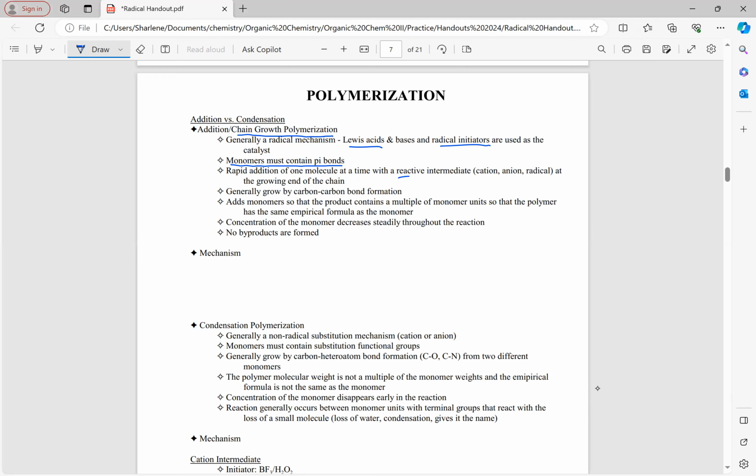And then the growing end actually has an intermediate. Generally, it's a radical, but it could be a cation or an anion. But generally, at least for our purposes, it's going to be a radical. They generally start with just a carbon-carbon formation, where we'll see that's different in the other type. And the monomers are added so that the product contains a multiple. So when you see this,